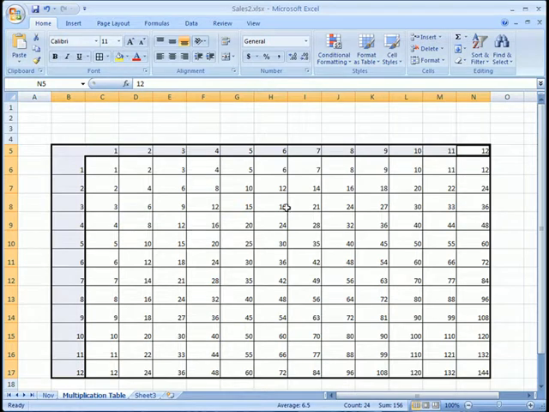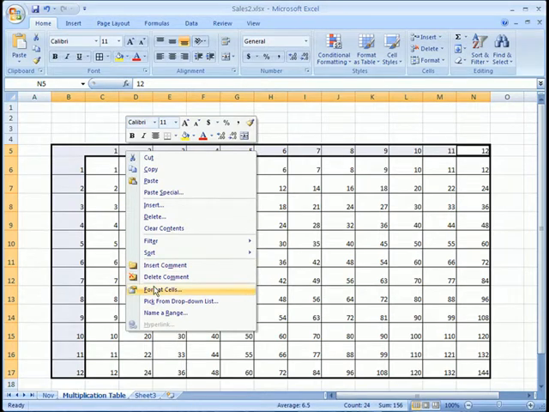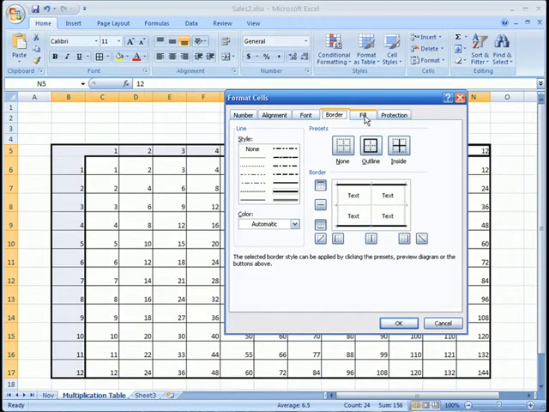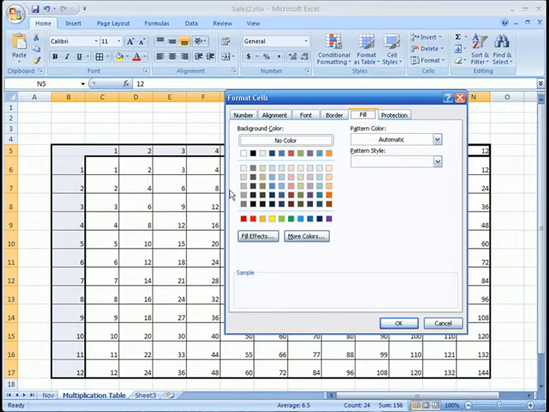So nice and easy. Let's go ahead and change the background. That's done on the Font tab, or you can right-click. If you want, you can go to Format Cells and see where it says Fill here. We can select a color. This is like a background color. Now, it's going to be kind of hard to figure out what it's going to look like in the preview because whenever cells are selected, they kind of change color. So what you get here is a nice color sample at the bottom